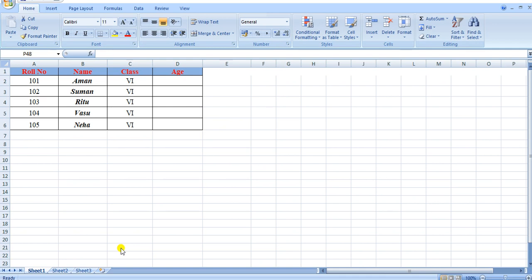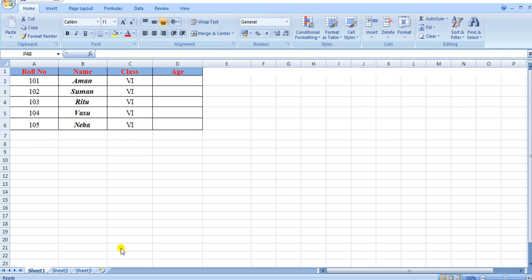Today we are going to start with the next feature of MS Excel, that is data validation. MS Excel allows you to set certain rules to restrict the type of data or values to be entered in a cell. This feature is known as data validation. It is used to ensure that the data entered in the field is accurate. It basically checks for the validity of data. Now let us learn how to apply the data validation feature.